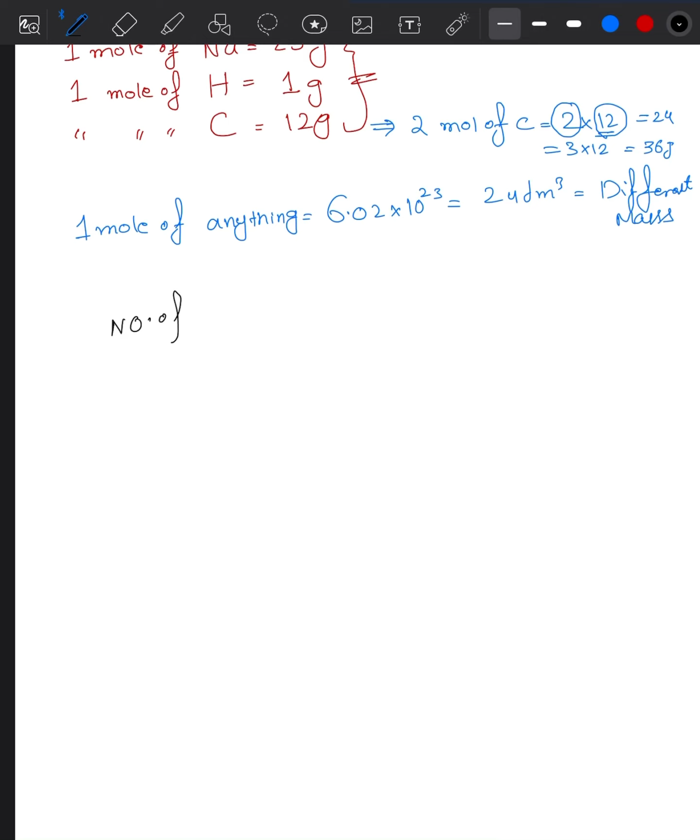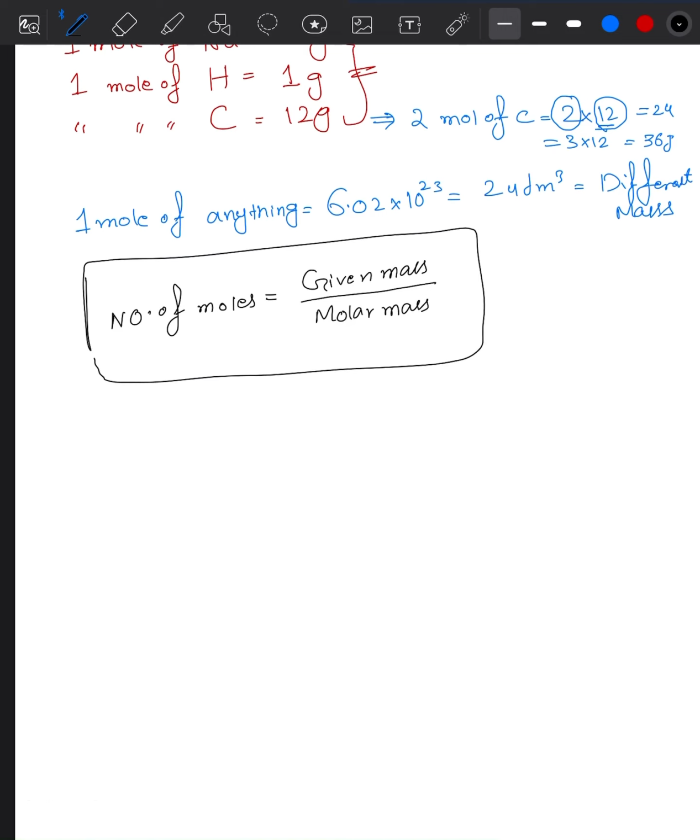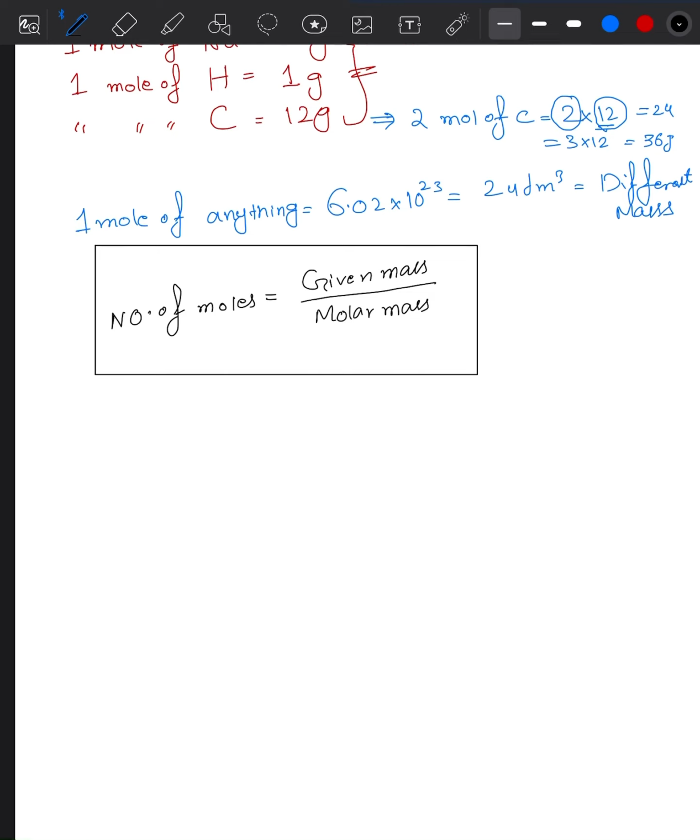Number of moles is equal to given mass over molar mass. So what is the molar mass? Molar mass is actually the atomic mass of an element or the molecular mass of a compound. Let's say I have 36 gram of water and someone asks me to find the number of moles. We know that number of moles is equal to given mass